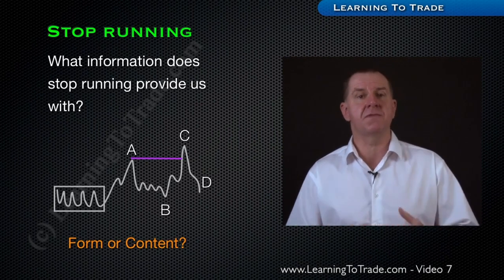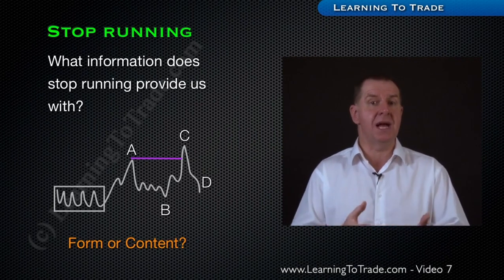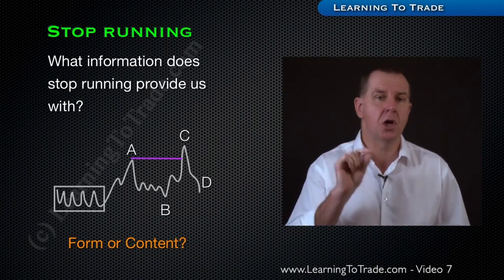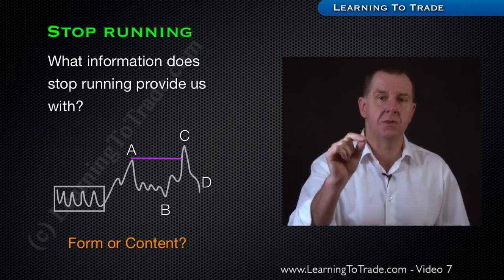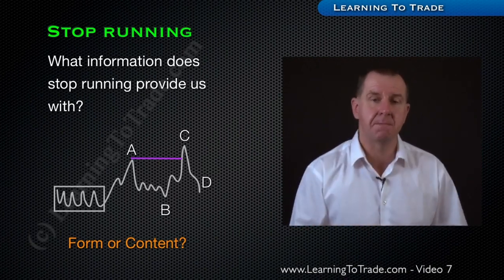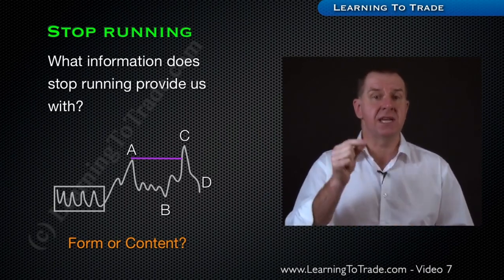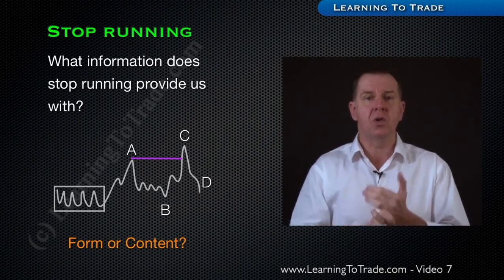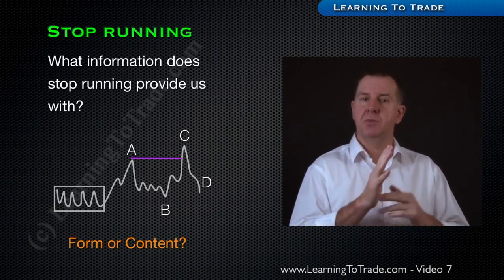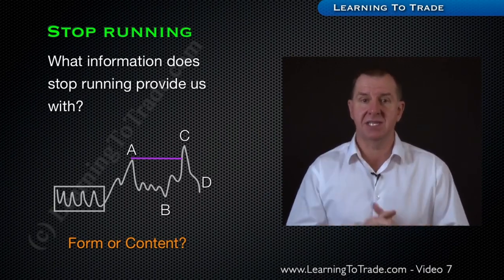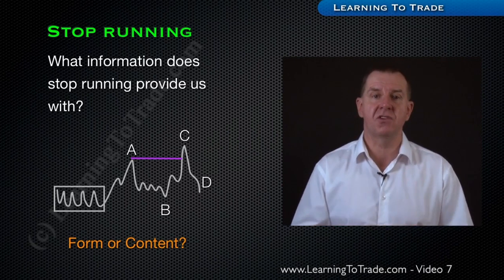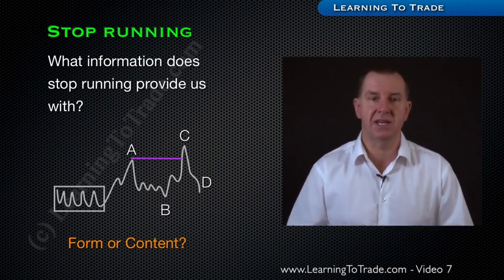Once the market had broken free from this box-like area, moved up to A and then travelled down to B, we would know without doubt that a significant number of traders would have placed stops above A. If the market makers wanted to add to the accumulation that had already taken place in the box-like area, all they have to do is drive the market up to breach that level at A, marked here at C, and this will have the effect of triggering all the buy stops placed by traders.